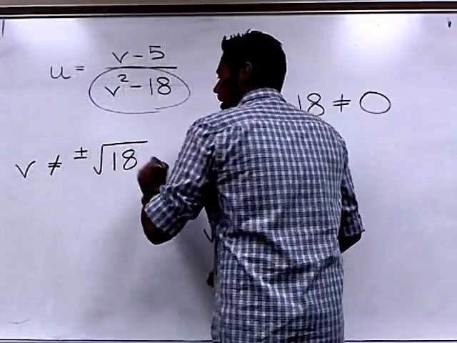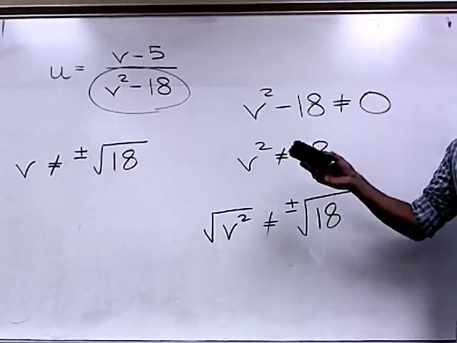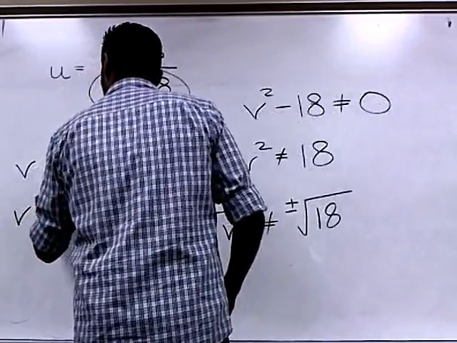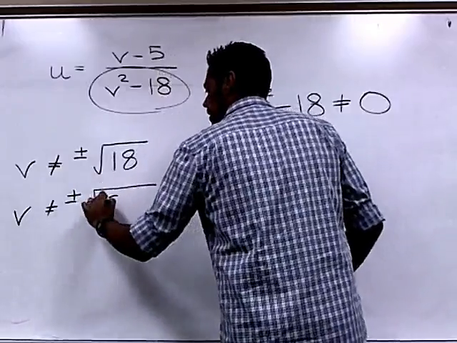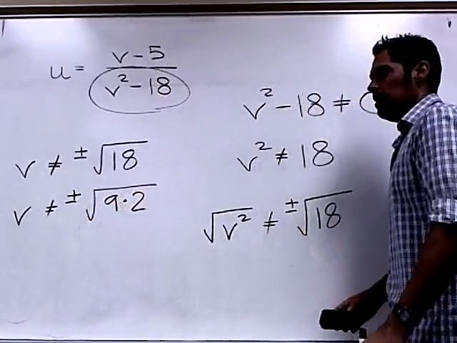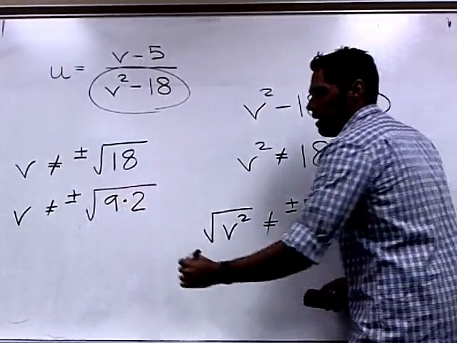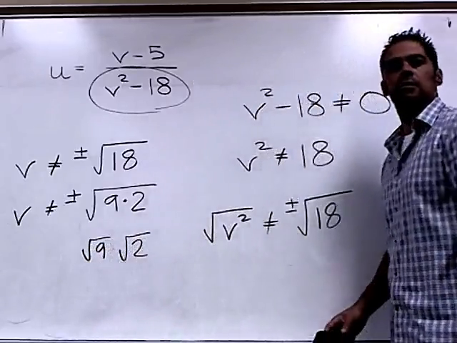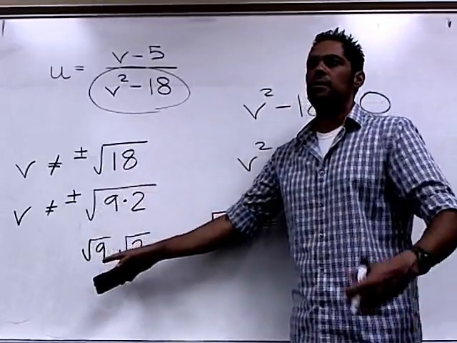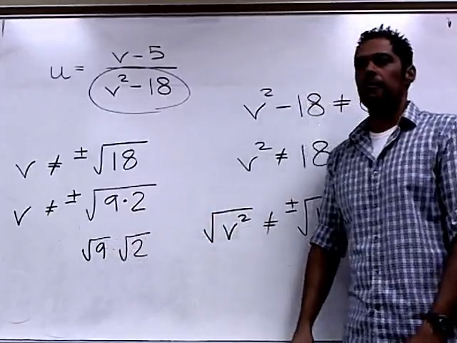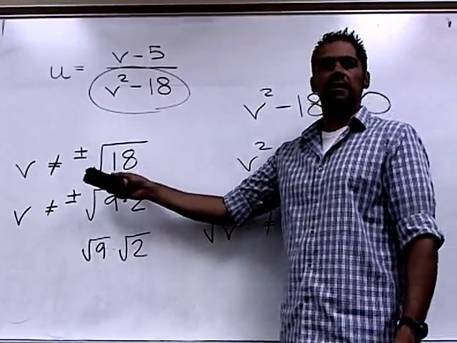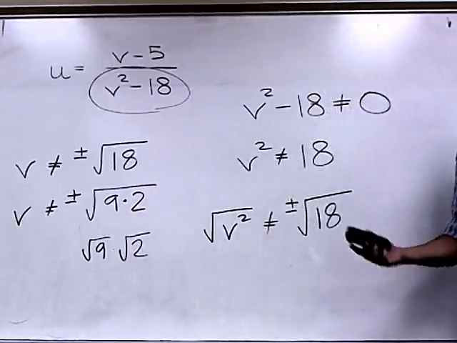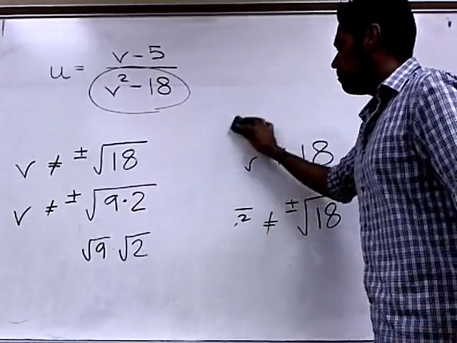Now my guess is that the back of the book doesn't have square root of 18, right? 3 root 2, right? So all they did was they said, okay, 18 is 9 times 2, right? And then you have properties of roots that allow you to split that up into 2 separate roots. And then the square root of 9 is 3. So you get 3 root 2. Now on a test, I'll take square root of 18. No problem. Okay? This is just simplifying it a little more. It's not wrong. It's just good. Remember,